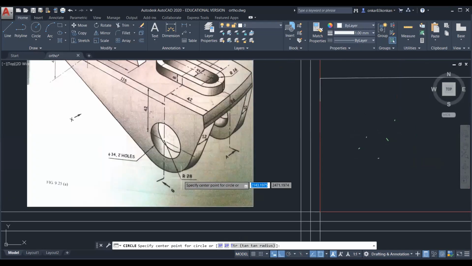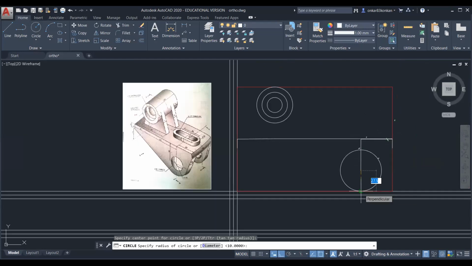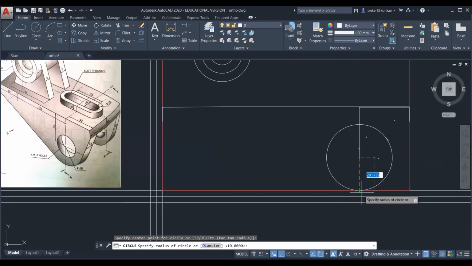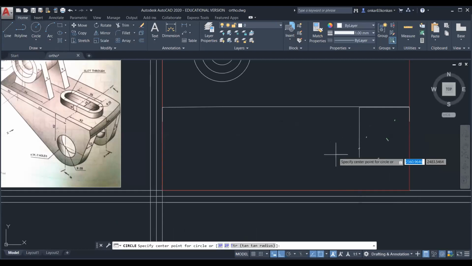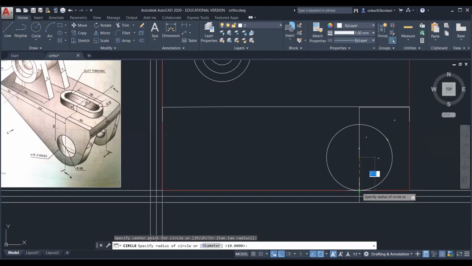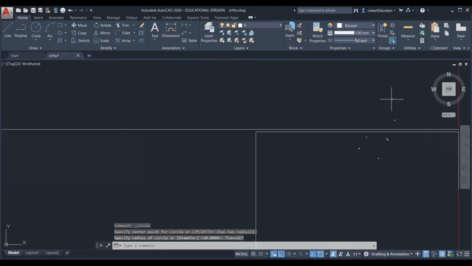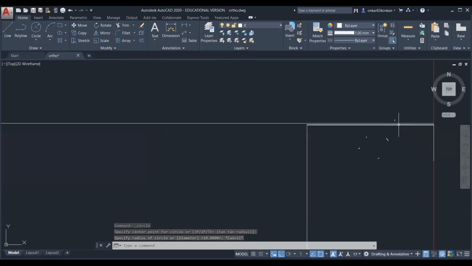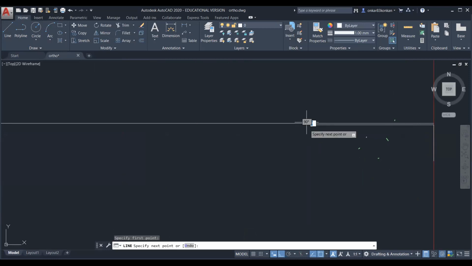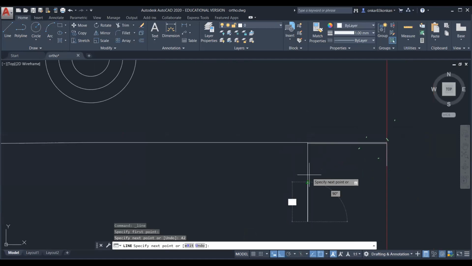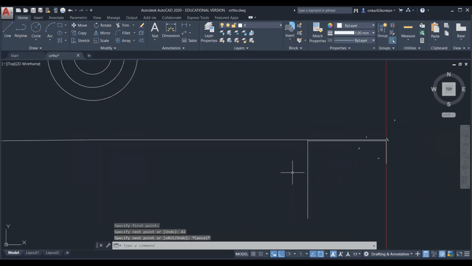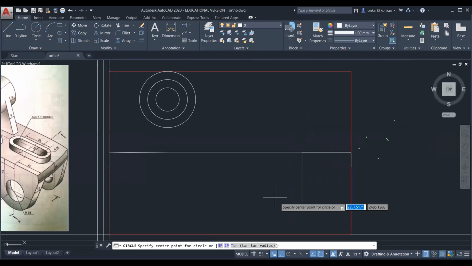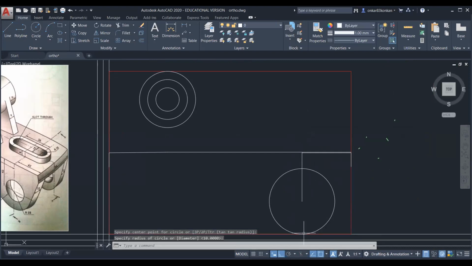And now you can draw the circle of R28. So this is the circle of R28.